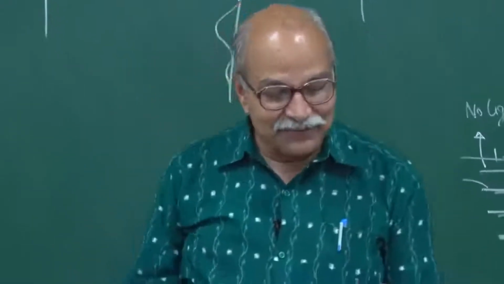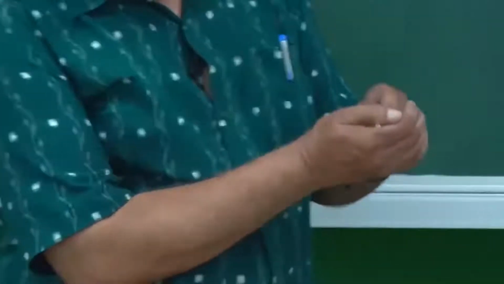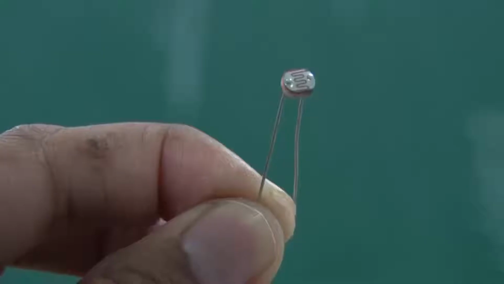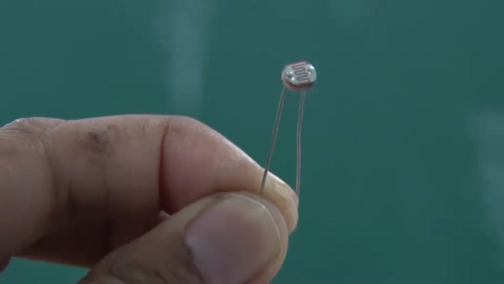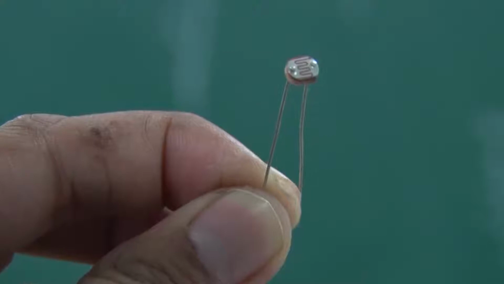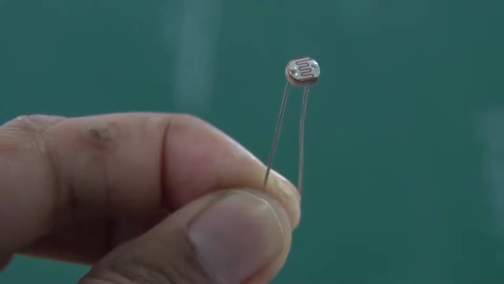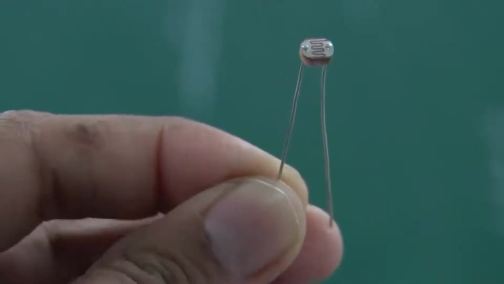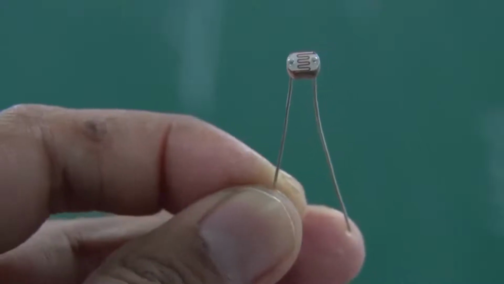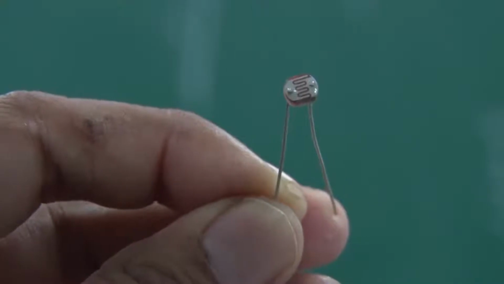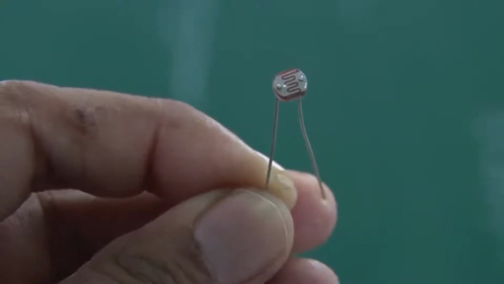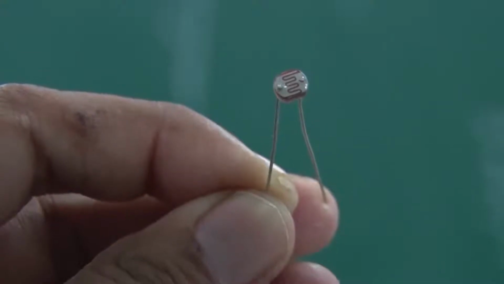Okay. So I have a photodiode in my hand. And you see how it looks like. It's just a transparent window, a small unit with two legs. It's a diode, so it should have two legs, one for the P side, one for the N side, and then you have this material, and you can see this pinkish thing. That small thing is the photodiode, and you just connect them. Okay, the next